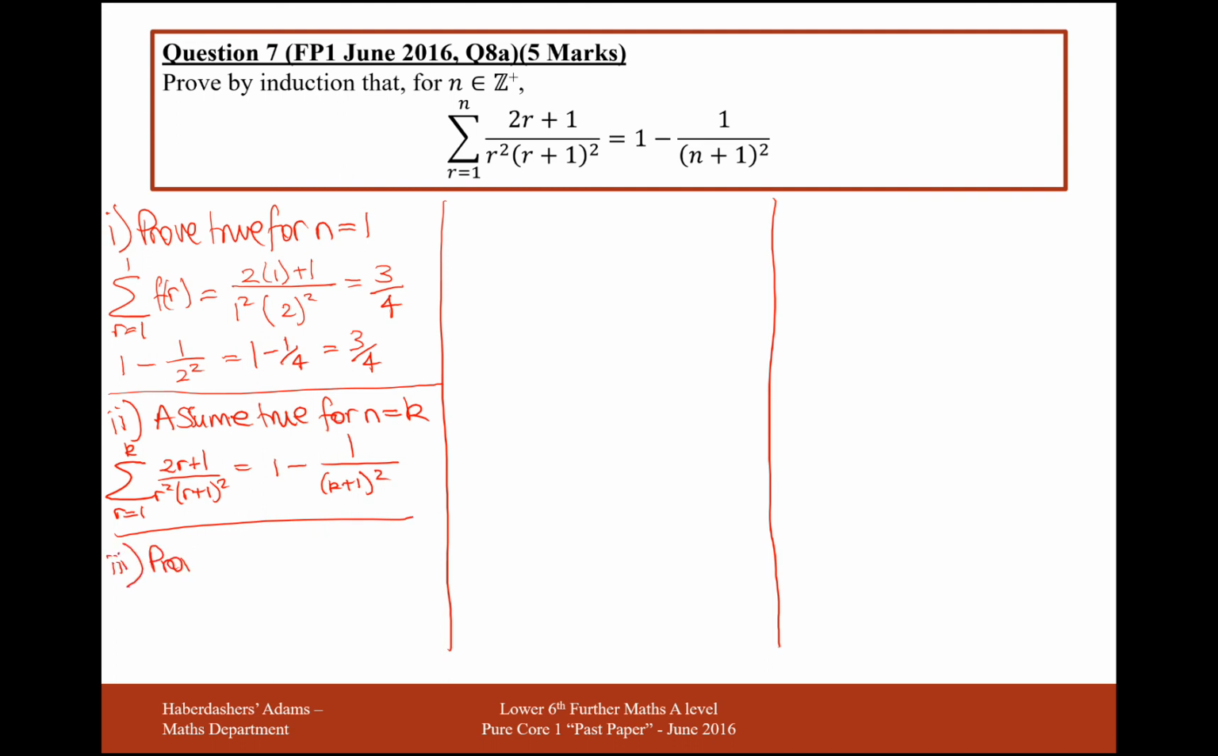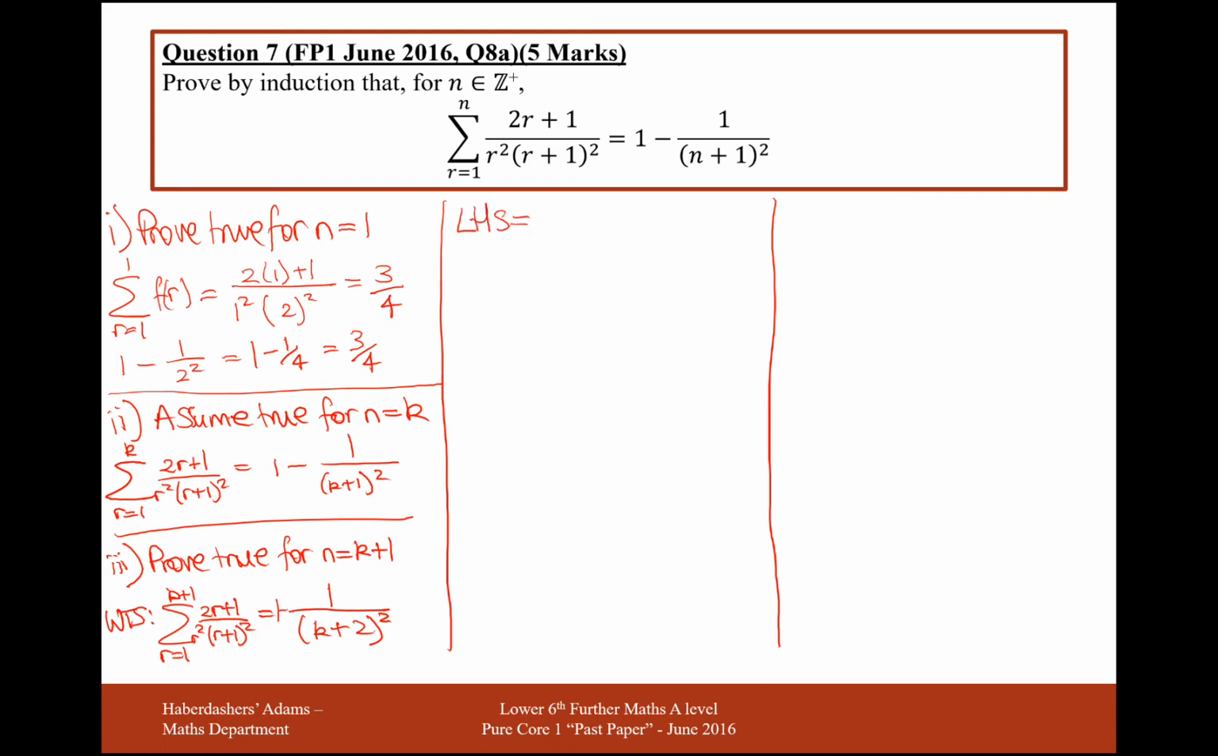This is prove true for n equals k plus 1. Right, so what we want to show, WTS as always, is the sum up to k plus 1 of 2r plus 1 over r squared (r plus 1) squared equals 1 minus 1 over (k plus 2) squared. Okay, this is what we want to show. So let's start with our left hand side,